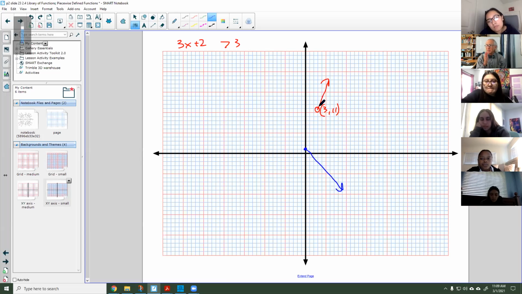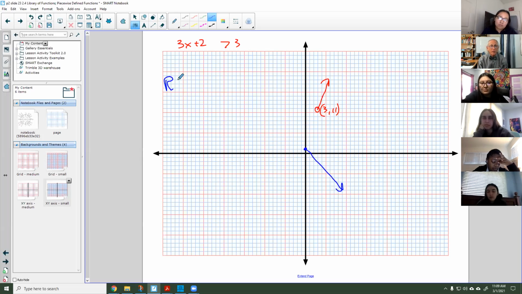This is not a function. Doesn't pass the vertical line test. Does it? Do we see that? This does not pass the vertical line test. This is not a function. Bad, Mr. Jenkin. Bad, Mr. Jenkin. All right, but the reason why I wanted to do this was I wanted you to see that